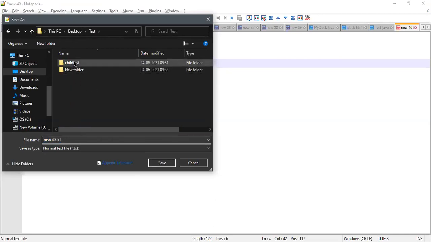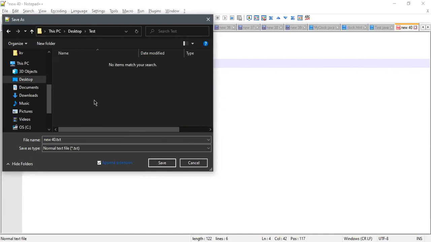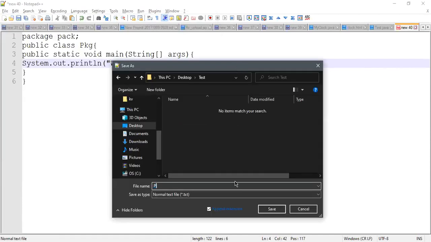So let me remove this, I don't need this one. Inside test, I'm going to save this program with the name of the class. What is the name of the class? PKG, like PKG.java.